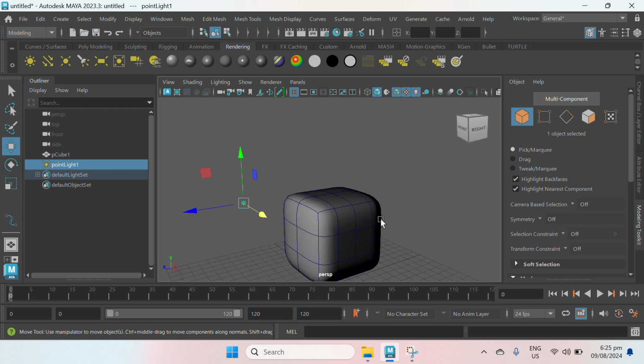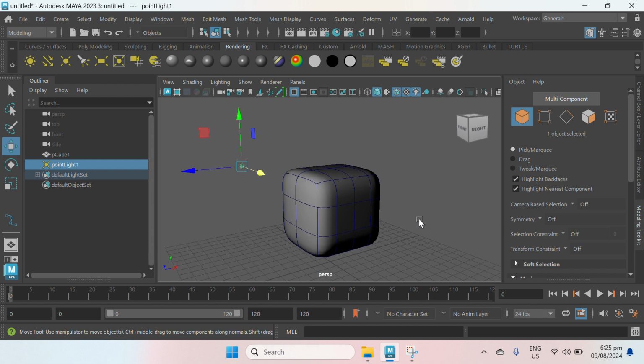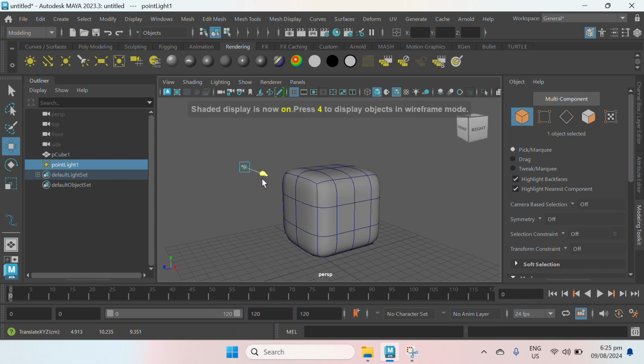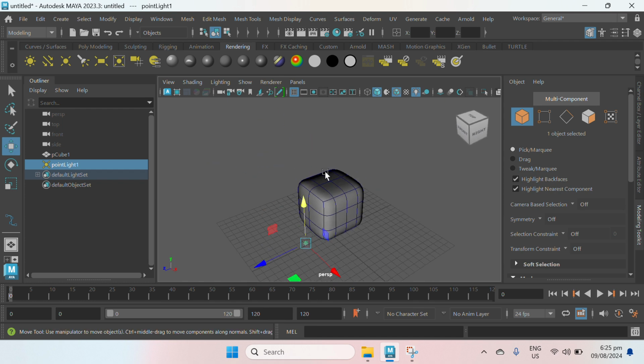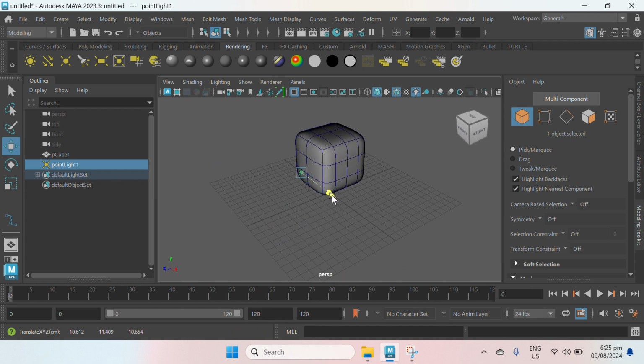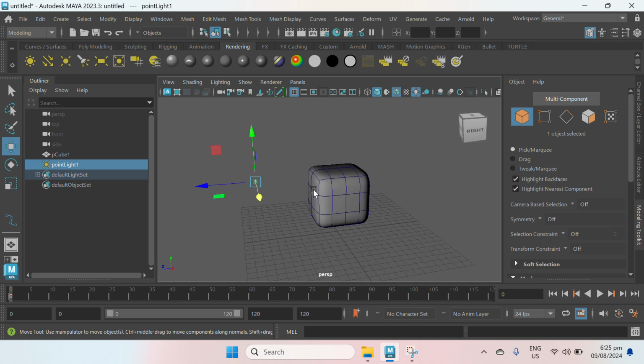If I press 5, even though we move our light source, there will be no cast shadow or shading effect. And if I press 7, we can now see the rays of our light where it falls on our object.